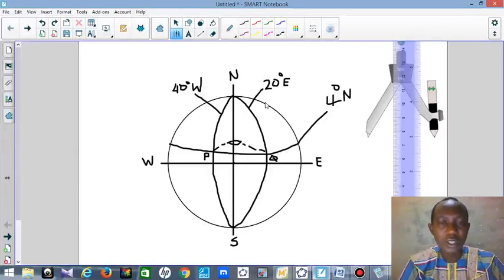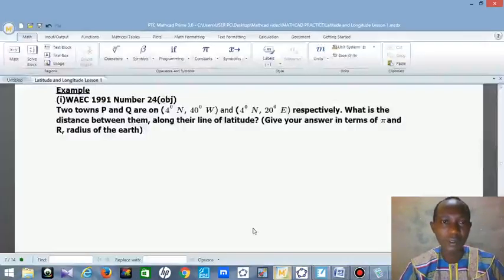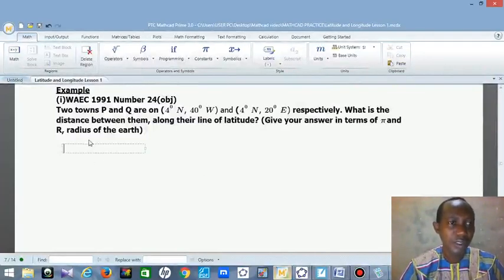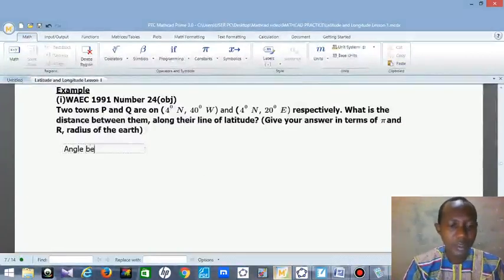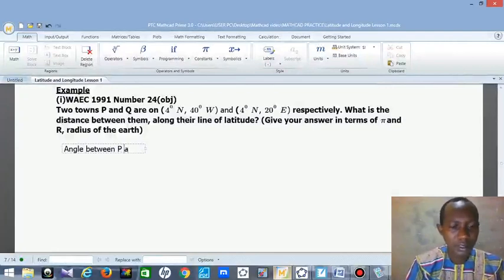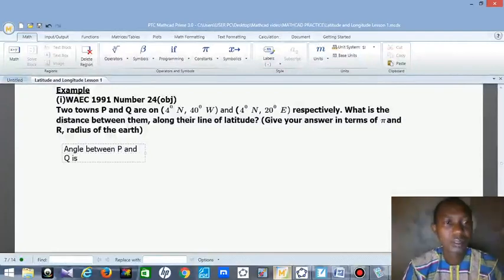The next thing is use your formulas very well and do your calculation. So we need to get the angle. After getting the angle between them, we get the radius, then we can use our formula and calculate. So now let's go straight to the angle. So the angle between P and Q is